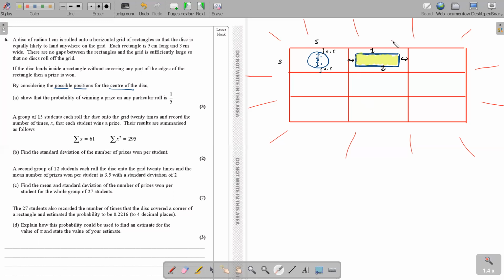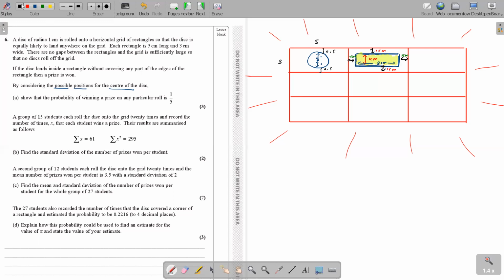Children, can you all talk with me? Can you all tell me the length and width of this small rectangle? On top here is 1 centimeter, down is also 1 centimeter, and on this side also 1 centimeter. Since this is 5, how much is remaining in the middle? 3 centimeters. So the rectangle in the middle has a dimension of 1 by 3.